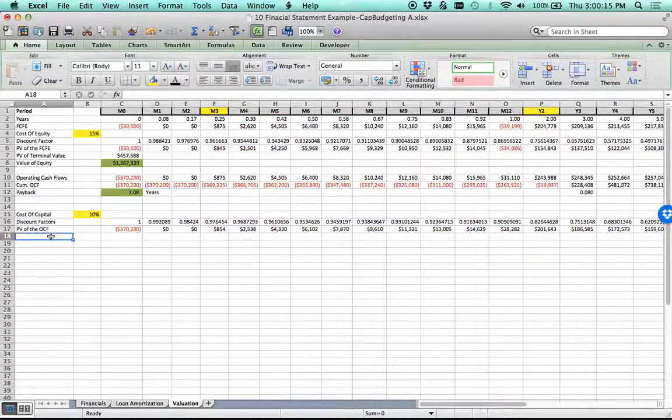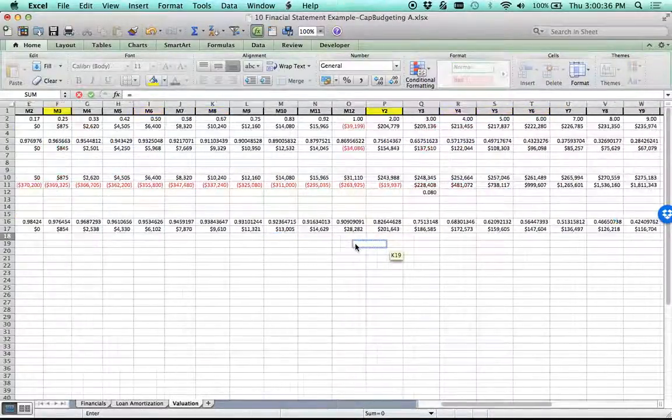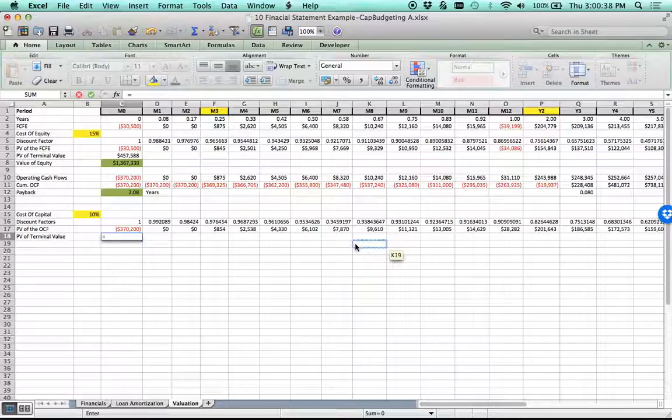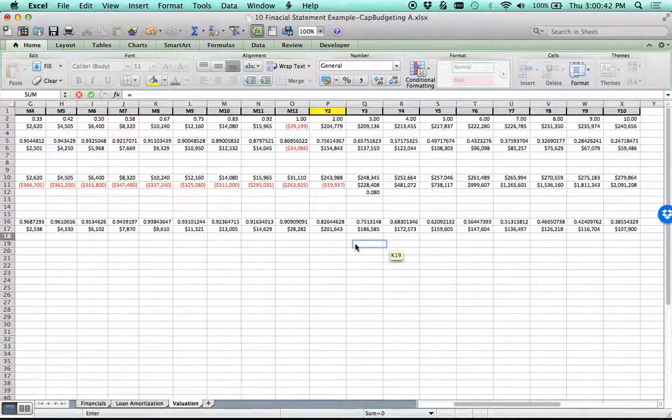Then we have, very similar to the free cash flows, the present value of terminal value. But again, it's of the operating cash flows in this case. So that is equal to, let's just go get that terminal value first. So we need the operating cash flows, which are row 10